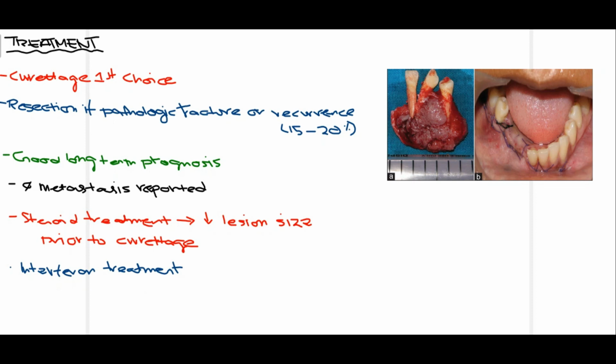So this was all about central giant cell granuloma. We talked about some basic introduction about central giant cell granuloma, the etiology which might lead to its formation. We talked about its clinical features. We talked about the differential diagnosis, the lesions that resemble central giant cell granuloma. We talked about its radiology. We talked about its histopathology. And then finally, we talked about the treatment options available for the patients suffering from this pathology.